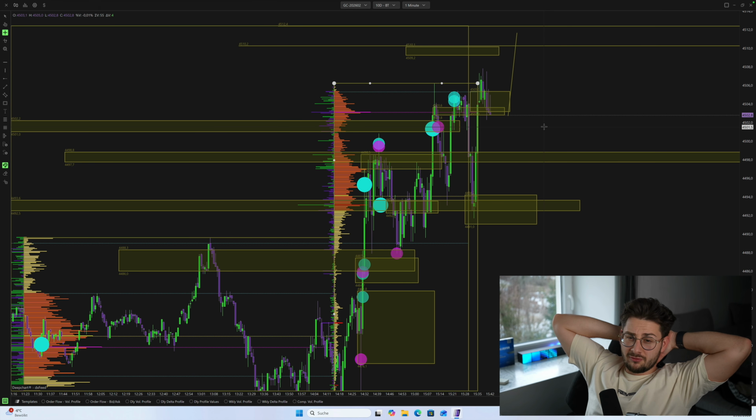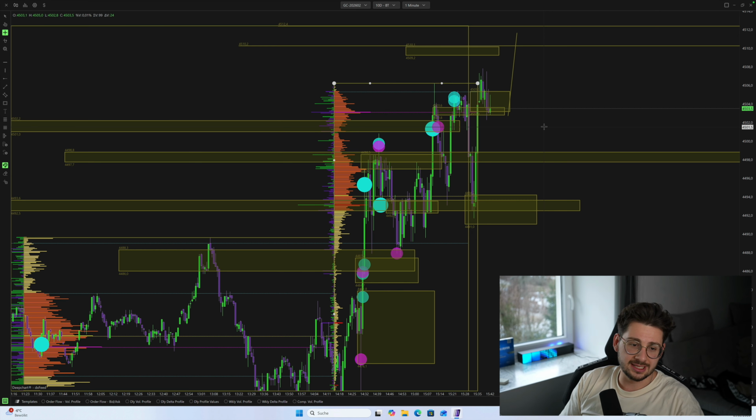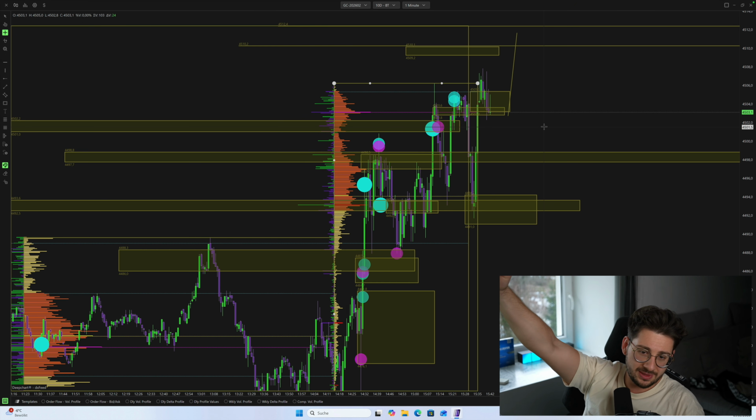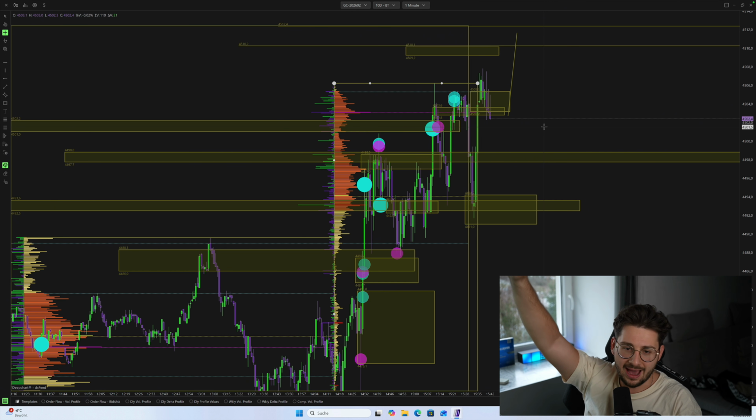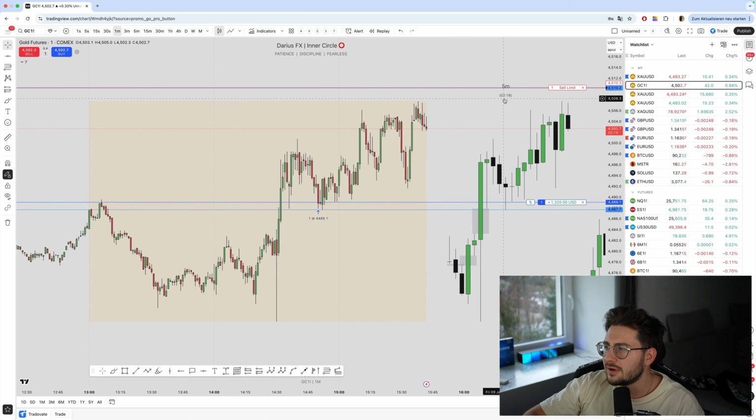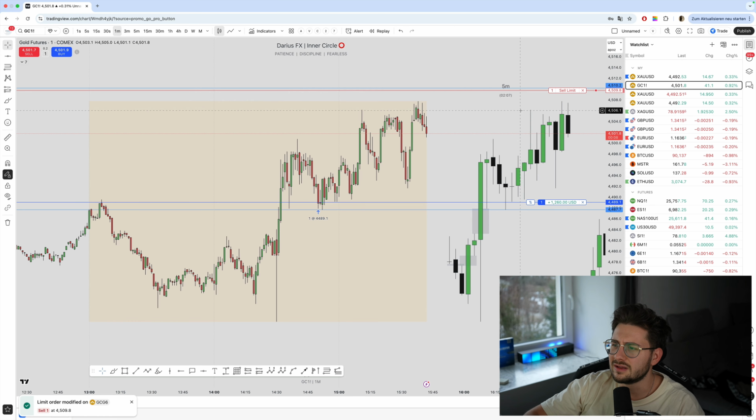So much liquidity above, for real. It's insane. The level where my TP is so red. It's like, bro, some big guy just needs to add a few contracts and just shoot it up, sweep that thing, and then do whatever you want. I'm out. I have it at 10 points. I just put it a little bit lower now, the limit, like this. I just want to get filled.